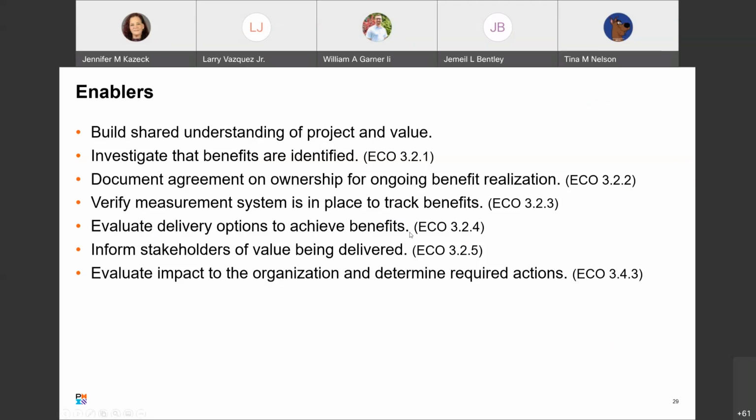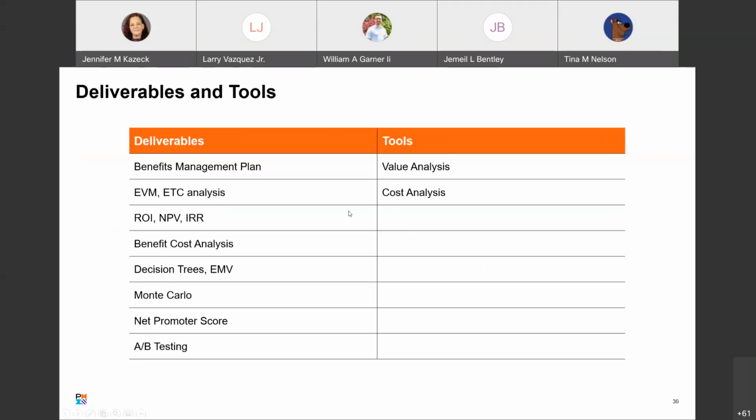There are some deliverables and tools that are associated with this topic. Deliverables include benefits management plan, EVM. Who can tell me what EVM is? Earned value management. All right. Who can tell me what ETC is? Estimate to complete.